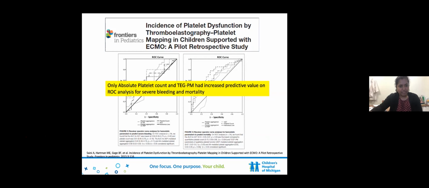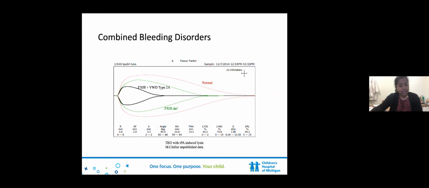look more at these. When we have more than one problem, like I talked to you before, it's very difficult to find a test that can explain what the impact of having two problems is on your process of coagulation. So this actually is a patient that we have with factor 13 deficiency and type 2A1 Willebrand's disease. And we have a lysis assay that's been set up where we add TPA to the specimen to